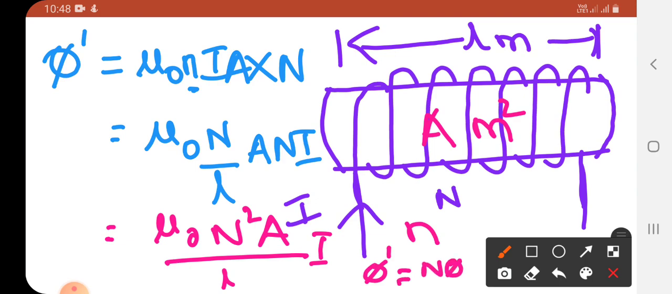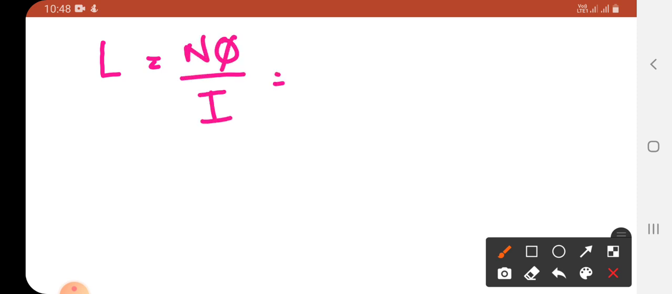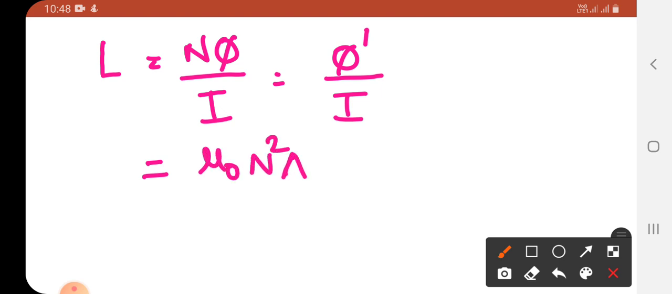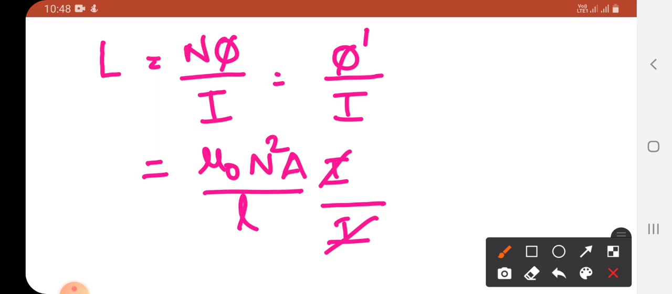Then what is the self-inductance of the solenoid? Self-inductance of the solenoid is L equal to N phi by I. That is, we know N phi, or you can also write phi dash by I, where phi dash is equal to mu naught N square A by L into I, over I. So I gets cancelled. Therefore, self-inductance of the solenoid is given by mu naught N square A by L,